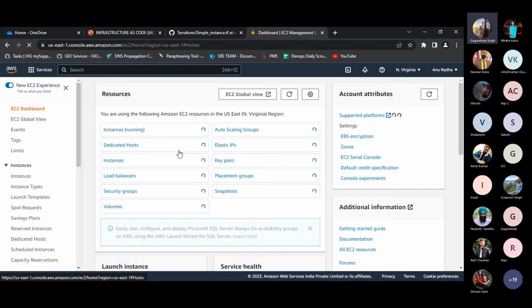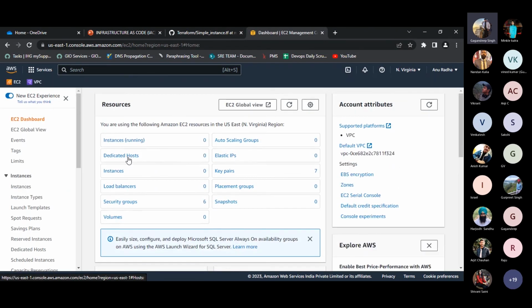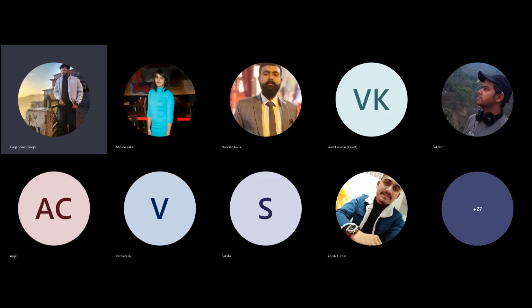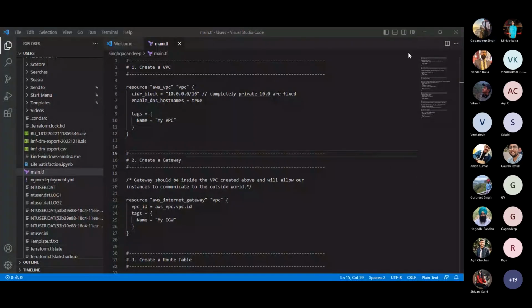Now moving on to our AWS console. First of all, you can see there are no instances running, and there are no instances over here as well. Now I will share my screen to show how to run a Terraform .tf file. So this is our Visual Studio Code, and the code I've explained, I have put it over here.